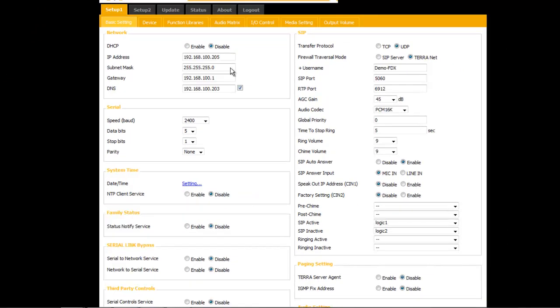This tab is actually where you change all your IP and subnet gateway information right here. Also, if you're connecting up to do third-party control via serial, this is where you set up your baud rates and everything, set your time and all the other fun stuff. There is a video on how to set all this up, but what we are going to concentrate on is how to get the audio input into this unit, stream it across the network, and to hear it across the network via the decoders or the EX modules.